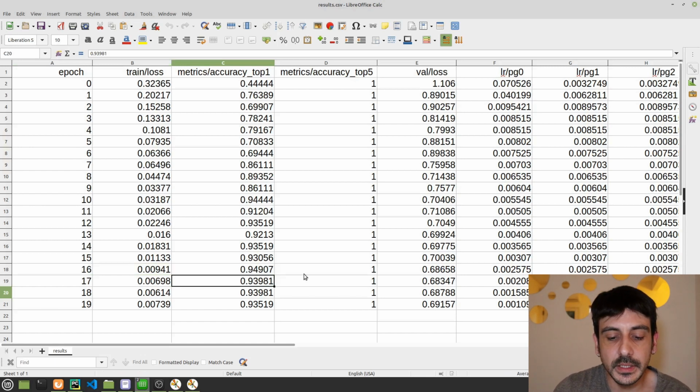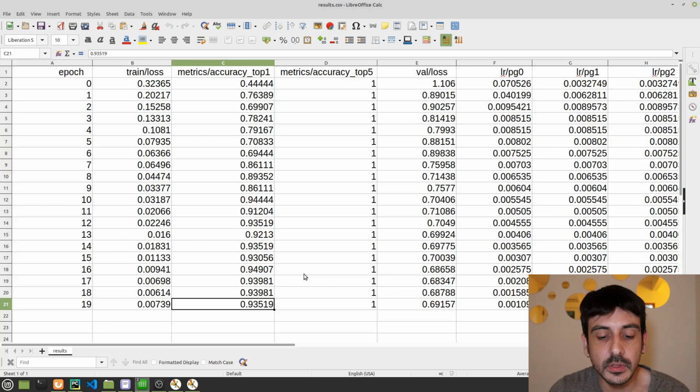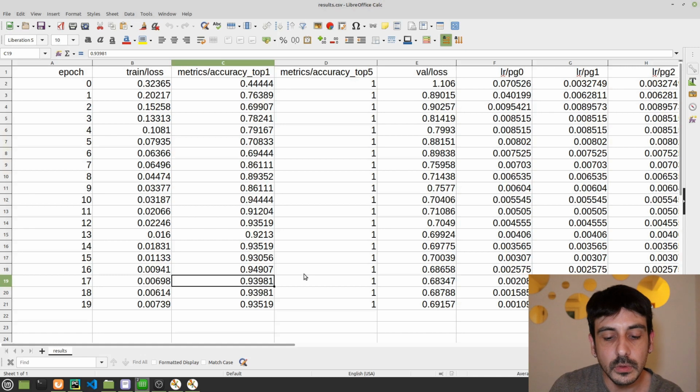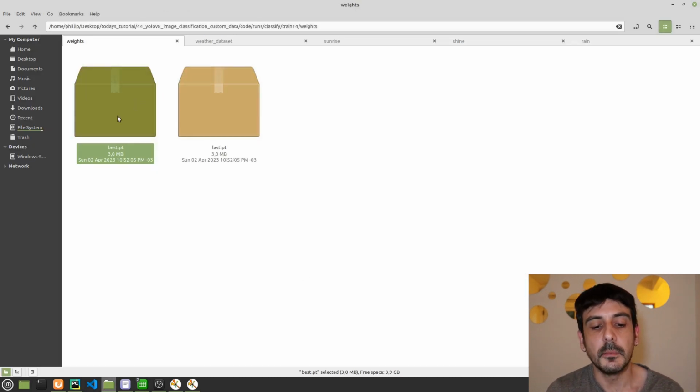This is definitely higher than the accuracy we got at the end of this training process, which was 93.5%. So this is exactly what best.pt represents: the best model you have trained in your training process.